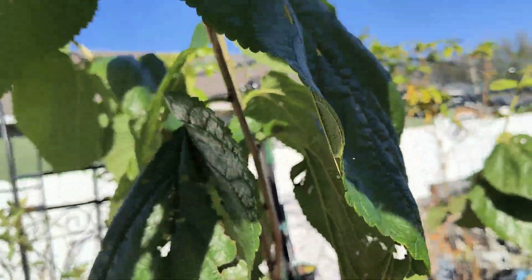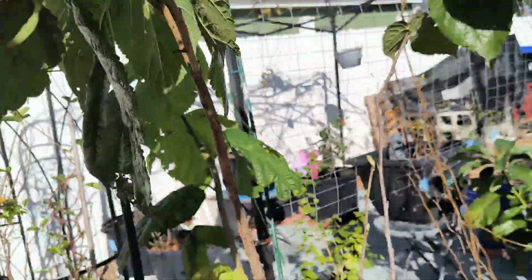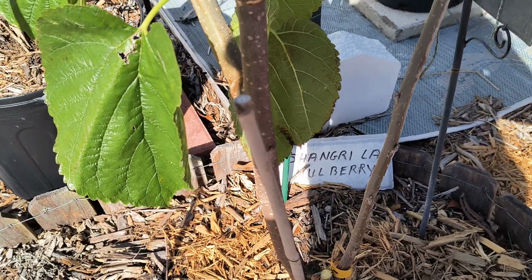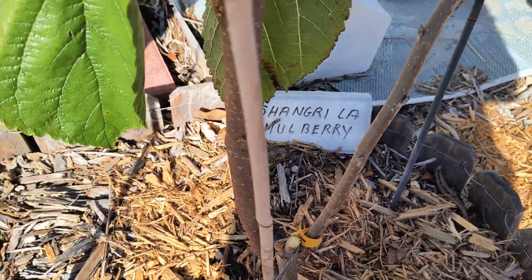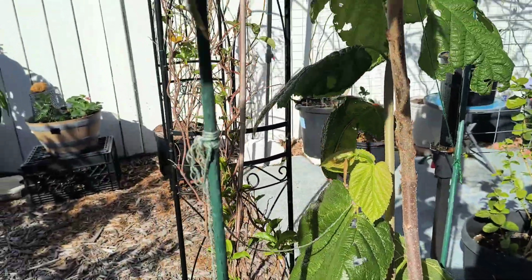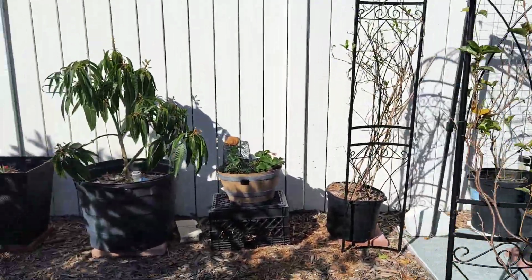So look how much it's grown. It's all the way up. And I've actually taken cuttings, as you can see. I did 2 cuttings right down there. Shangri-La grows different than, I like the way the Pakistani grows. While we're over here,